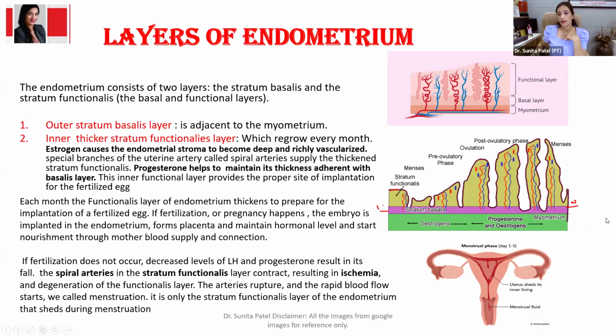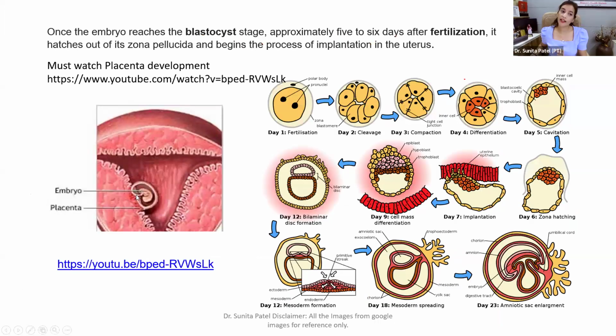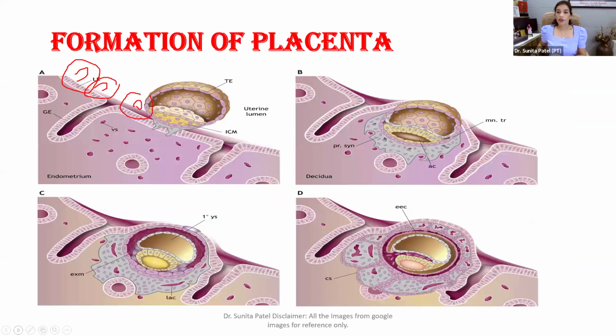So you can see that this layer is going to keep developing, and it will reach approximately 8 mm to 18 mm of thickness, which is very good for the hatching. And if fertilization happens, there will be a good environment inside the uterus, and the embryo is going to hatch in that area. And yes, we discussed that yesterday. So this is how,